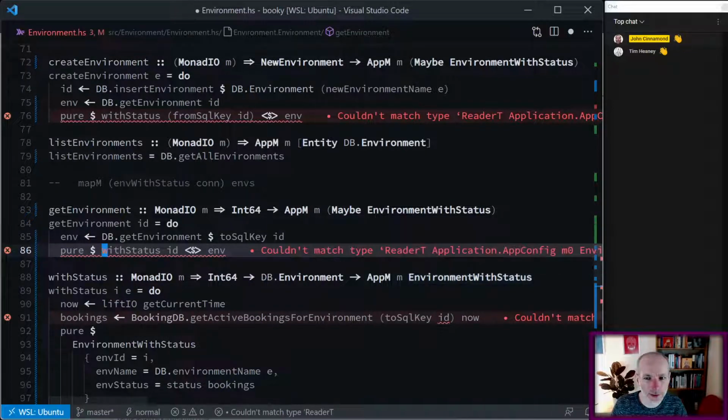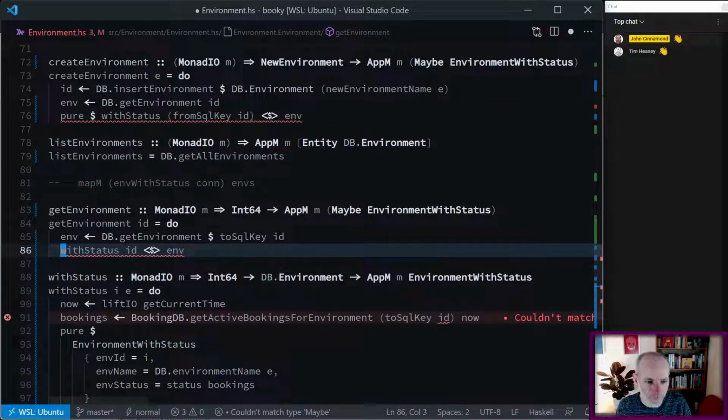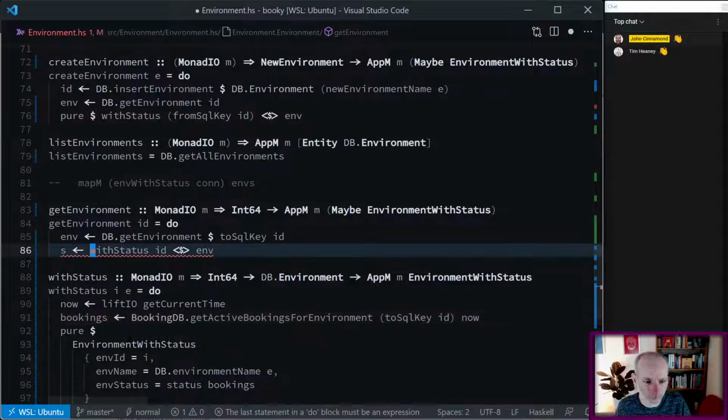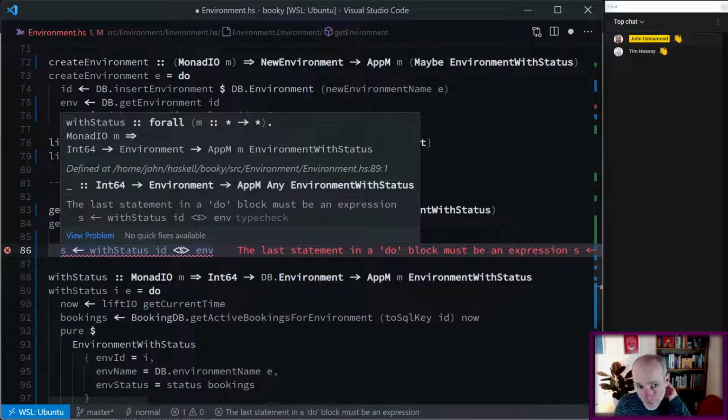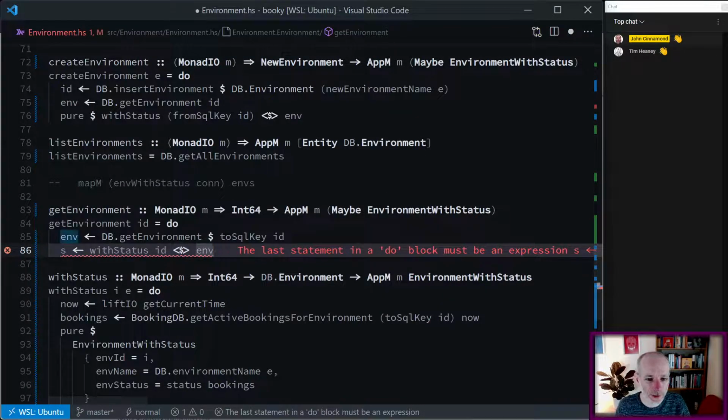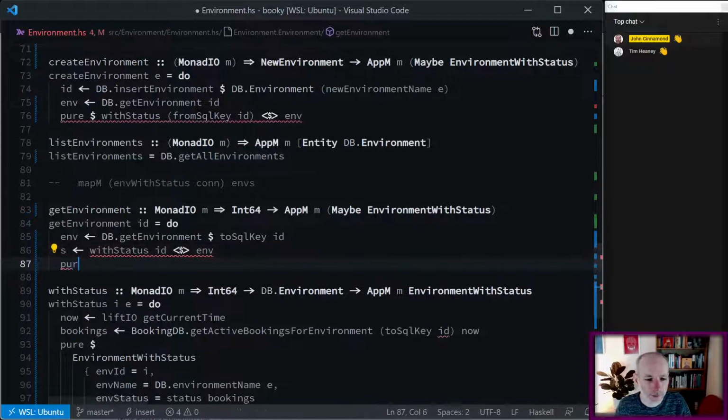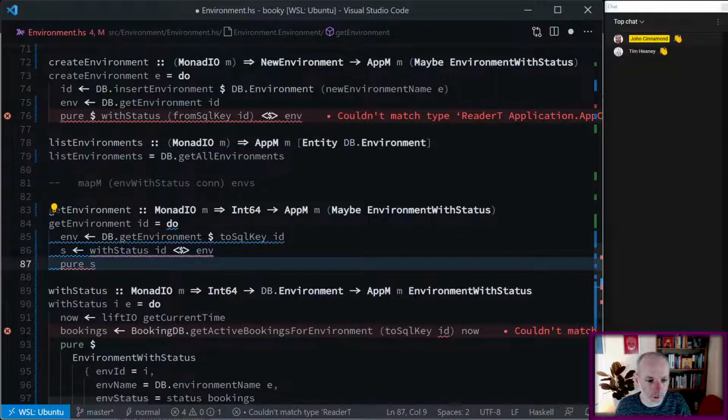So it's taking environment status and turning it into this. So this should be okay, right? It's complaining because we haven't finished our do block, basically. So if I were to say pure S, that will not work